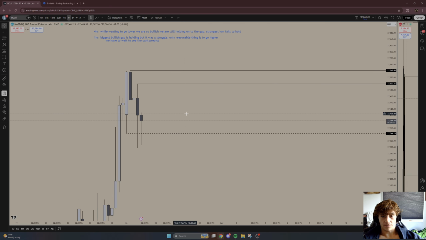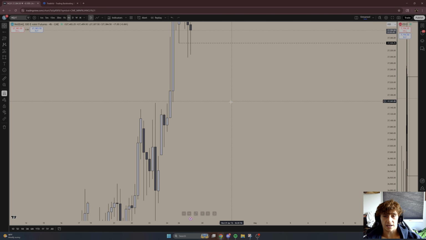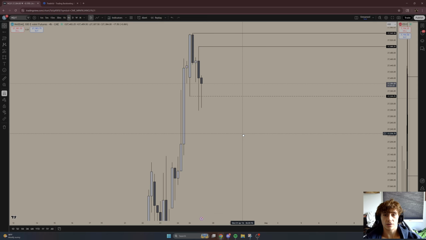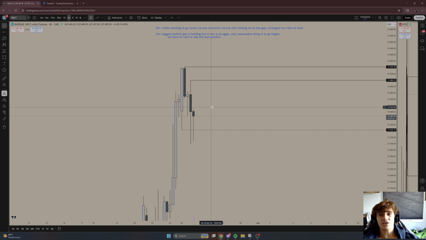Let me just leave. Yeah, as you can see, as of right now, the gap is still holding, right? Which makes sense. It's the only gap we have anywhere near us, so it should hold. We are bullish, right? But it is kind of crazy that this did get swept out. But you guys can see how we can start to utilize these signs to sit out a day, know when